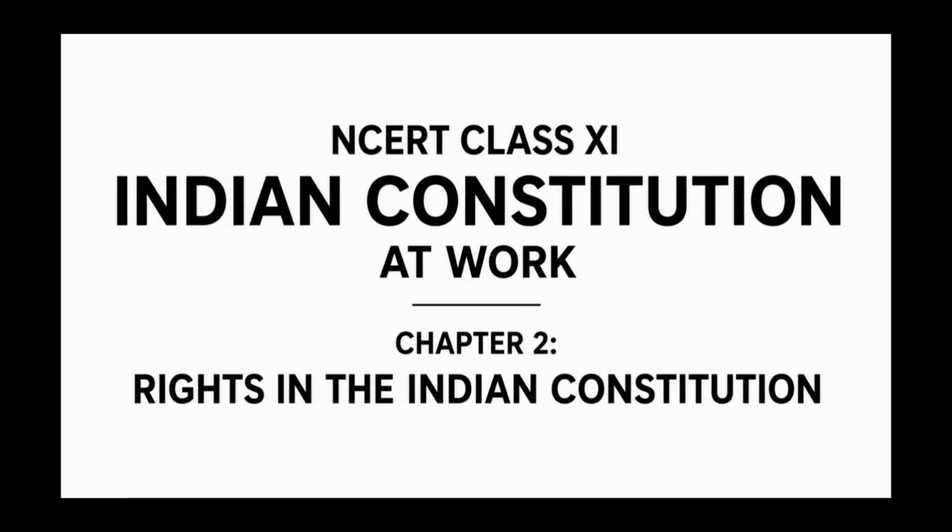Finally, in 1973, the Supreme Court gave a decision that the right to property was not part of the basic structure of the Constitution, and therefore, Parliament had the power to abridge this right by an amendment. In 1978, the 44th Amendment to the Constitution removed the right to property from the list of fundamental rights and converted it into a simple legal right under Article 300A. What difference, do you think, this change of status makes to the right to property?